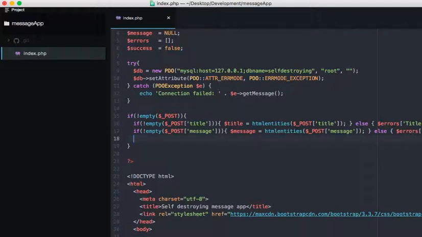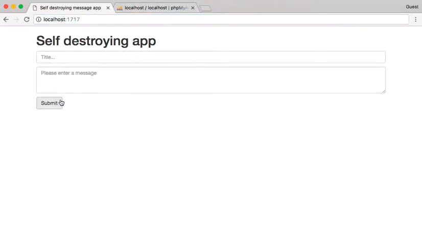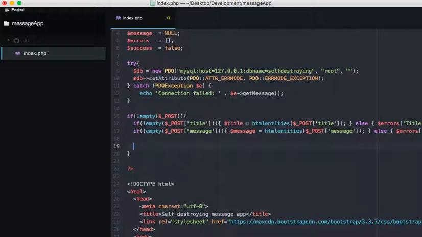Right. So now what we've done. Actually, let's just submit this form. I'll refresh over here and make sure that we've got no errors. I'm going to submit the form, and nothing happens. But let's just come over here and say, right,